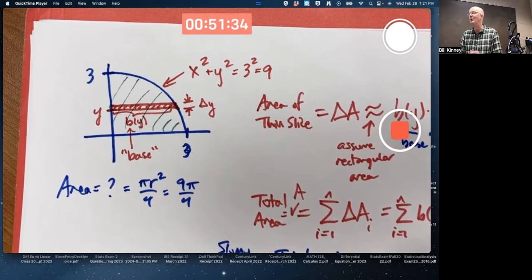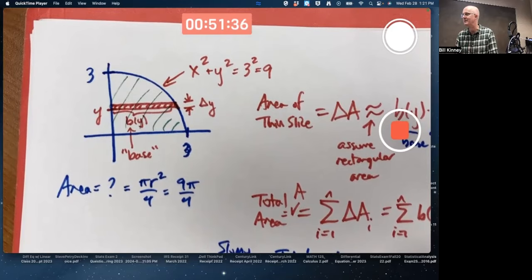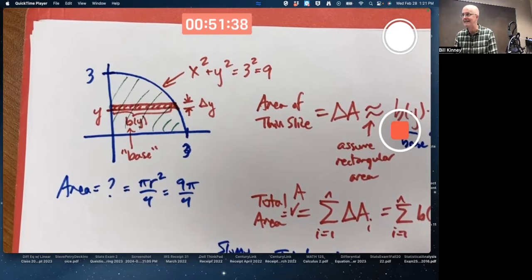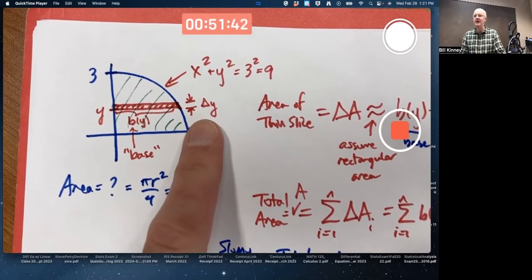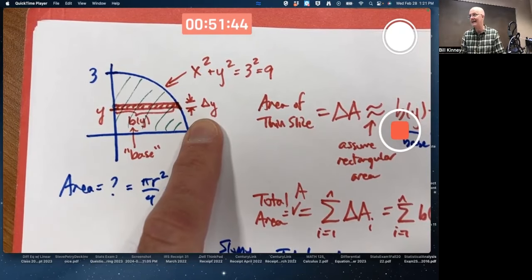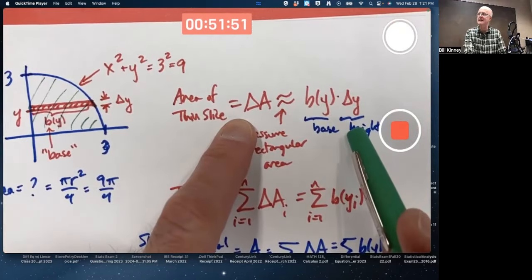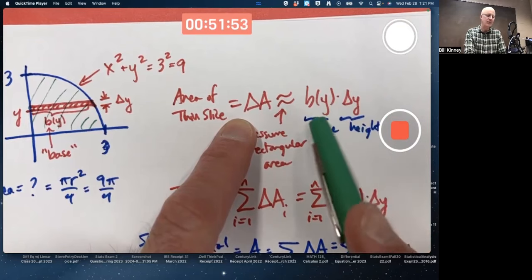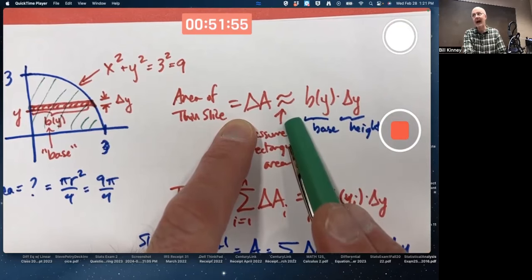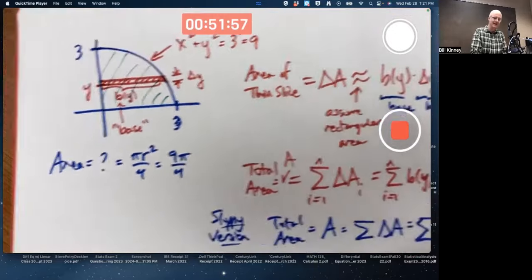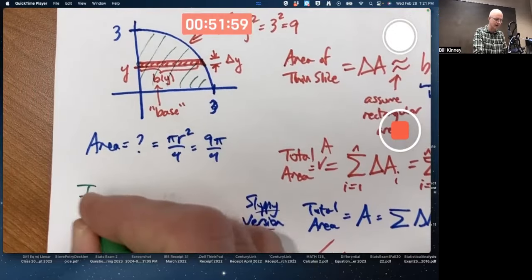No such numbers exist in the real number system. It's only pretend. And when you do that, it's traditional not to call it delta y anymore, but dy. And we're going to effectively write this equation, changing the deltas to d's, and changing the approximately equal to an exactly equal to. The infinitesimal version